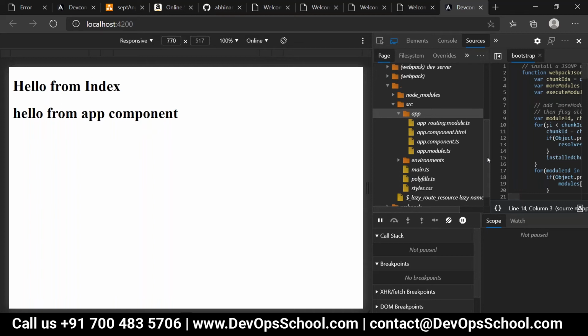People tell me, have we created core, auth, dashboard, admin dashboard, user dashboard, profiles, comments? 7 modules we created, right, everyone? I'm not able to see any one of them. I'm able to see just the app module only, correct? All of you agree with this? Are we using any content from these 7 modules? No. So that's the reason they are not coming into the picture. Is it clear, everyone?